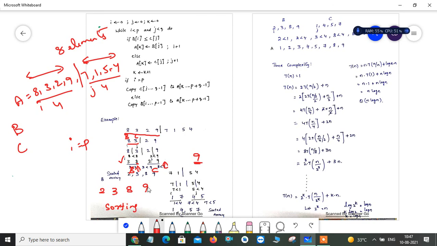Right? So you can do the same thing here also, because in this first step it is divided into 4 elements. In the next step it will be divided into 2 elements. So now 7 1 5 4 is there, and after that again it will be divided into 2 parts, that is 7 and 1. So every time this is B and this is C. So then what's happening? These two elements are compared and you find that 1 is less than 7. So now you are swapping these two, copying into array A, right?